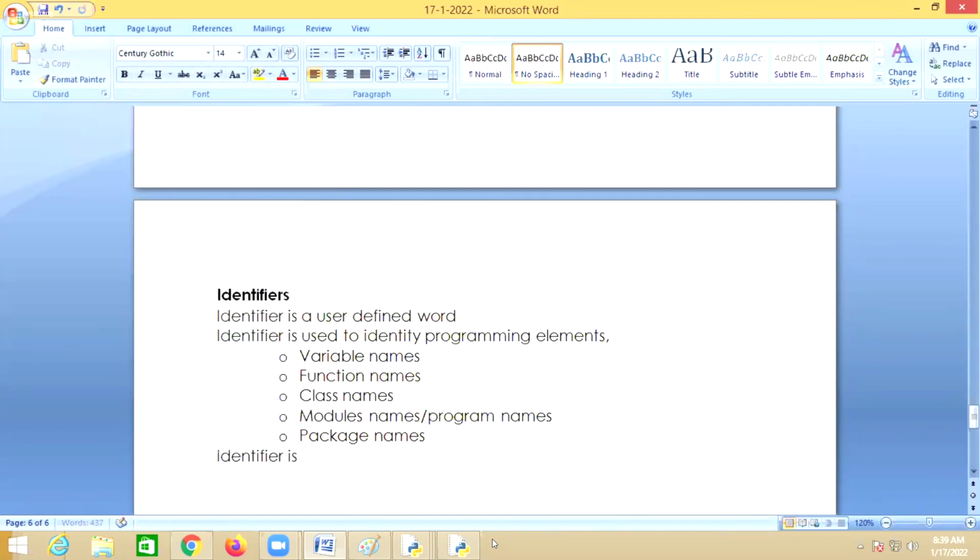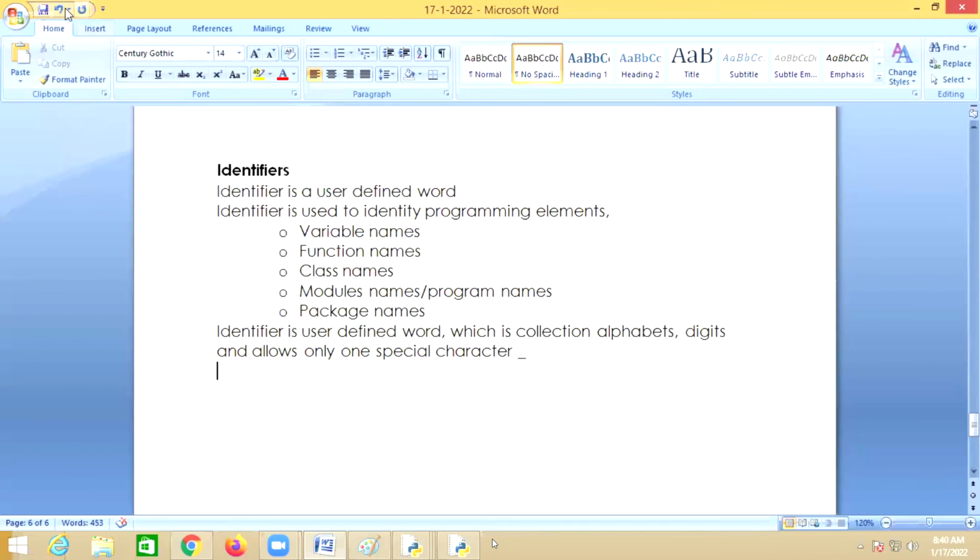An identifier is a user defined word, which is a collection of alphabets. How can you create an identifier? By using alphabets, digits, and it allows only one special character.